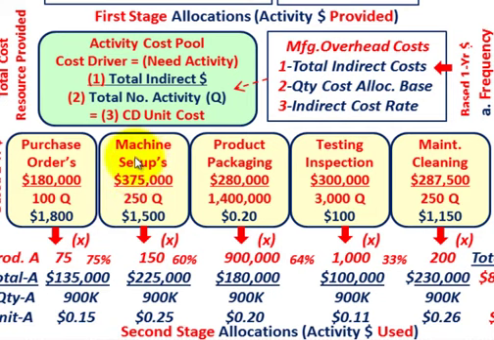And then our machine setups, we're just saying our total setups, indirect cost, not any direct costs here. Indirect costs are sitting at $375,000 for the year, and we're saying there's 250 machine setups that we have for the two products. So that division, 375 divided by 250, is going to give us $1,500 per machine setup